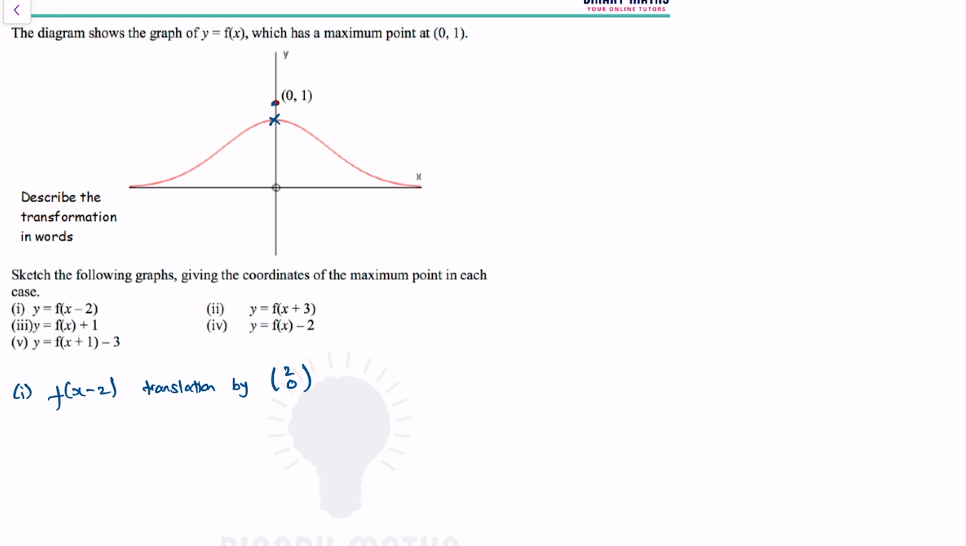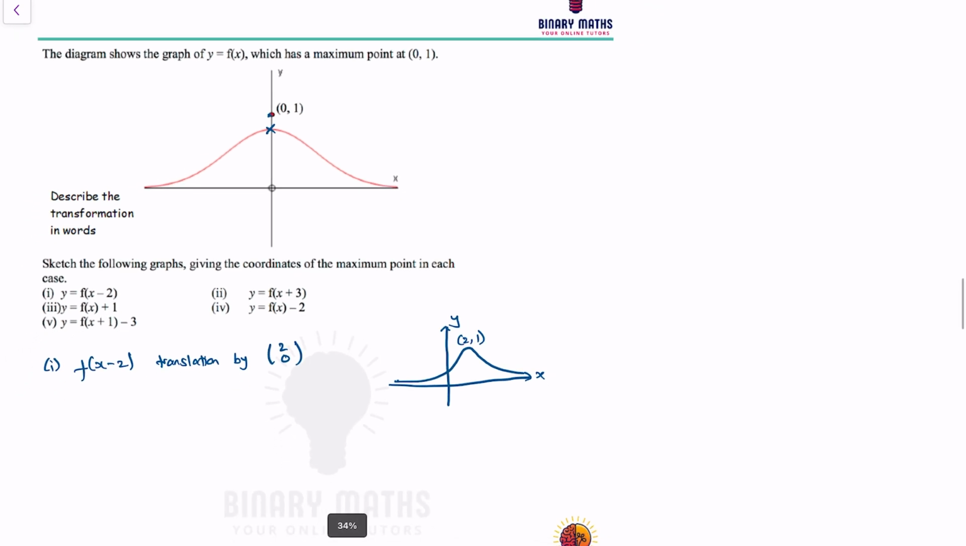So which means if I were to sketch this out, translation by 2, 0, which means, 2, 0 means that the point 0, 1 will become 2, 1. So everything has shifted here. So this point is 2, 1 now. Okay, second one